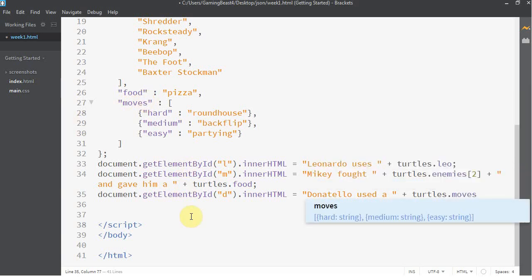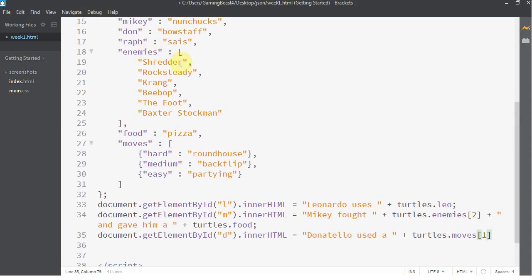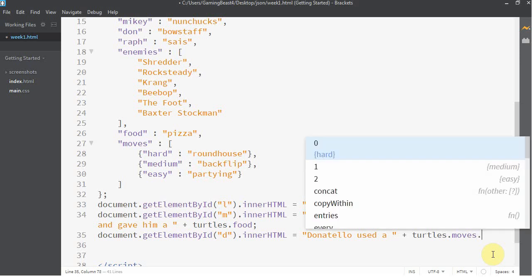Okay, now we would think, right, that we would just do something like that if we would want to access backflip. But the problem is there's an object inside of an object. So we got turtles.moves. Well, that isn't going to work because over here it would work if we just had a bunch of values. But we now have more keys and values. So we just kind of have to do what we would think here, right? So we just have to keep going further inside. So turtles.moves dot,